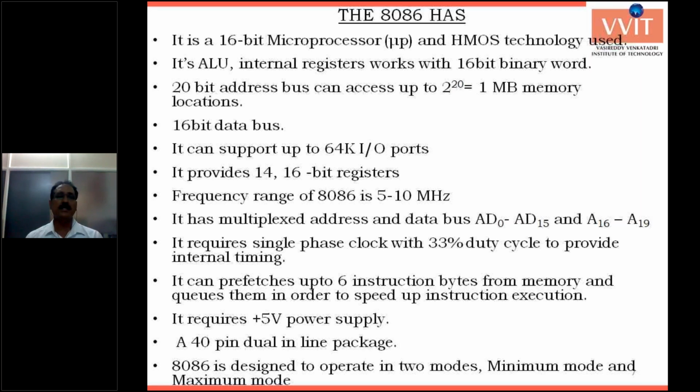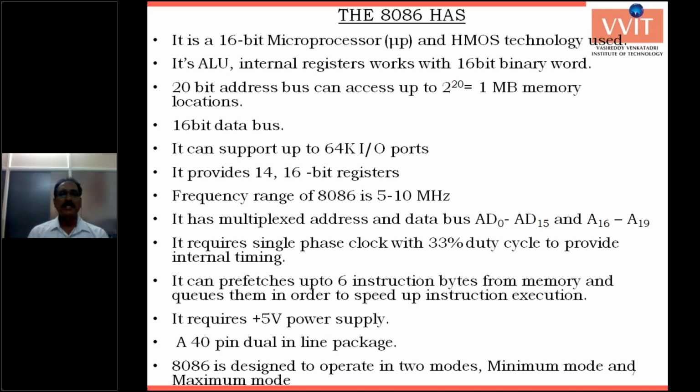Next, in the 8086, there are 20 address lines. By using these 20 address bits, we can access memory addresses or I/O device addresses individually. With a 20-bit address, the maximum access capacity is 2 power 20, which is equal to 1 megabyte, that is 1 mega address locations. Each location's storage capacity is 1 byte. Therefore, there are 1 mega locations. 1 mega is equal to 10,48,576. Each location stores 1 byte, so the storage capacity is 1 megabyte.